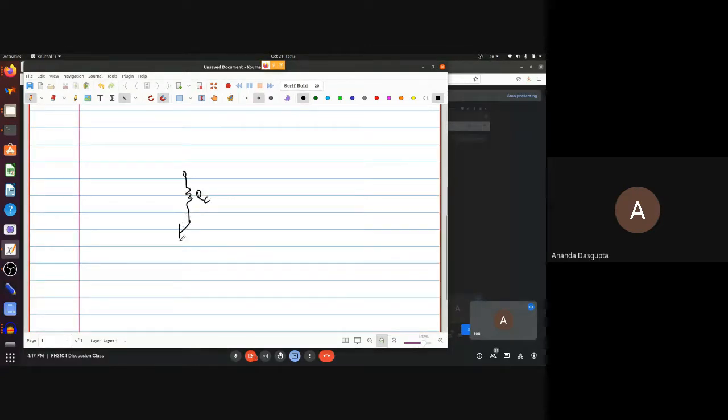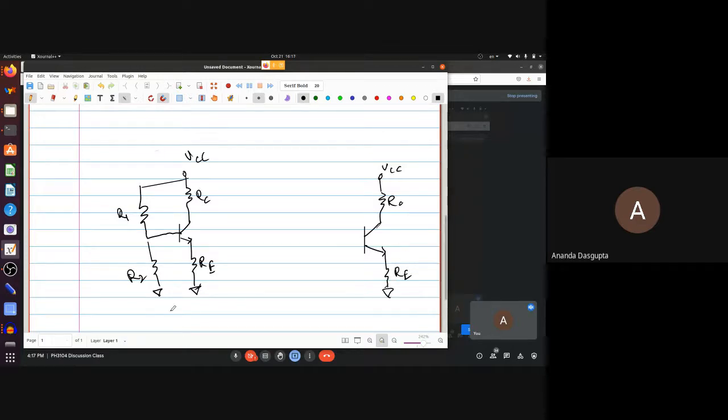RC, RE, R1, R2. But if you replace this part by a Thevenin equivalent, what you still get is VCC, RC. This part, of course, VCC still is there on this part because it's biasing the RC and through it the transistor on this side. But you have replaced this thing by its Thevenin equivalent, which essentially means that this is now